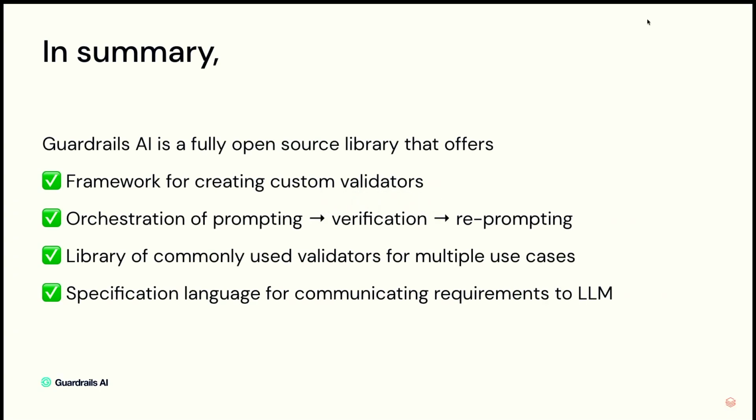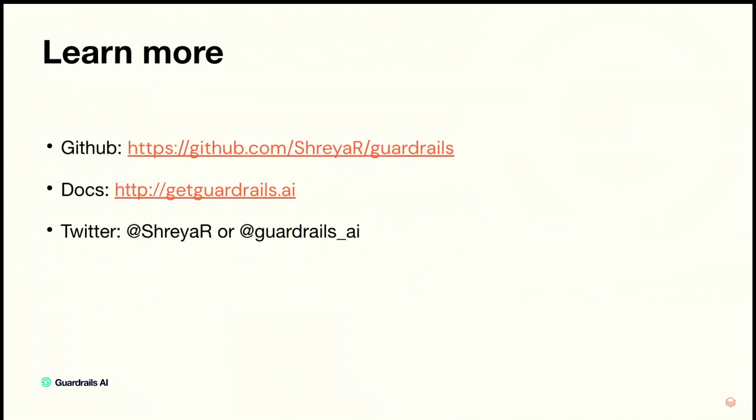All right, getting back to my slide deck. In summary, Guardrails AI, fully open source library that is a framework for creating custom validators, the whole orchestration workflow of prompting, verification, reprompting, many commonly used validators across multiple use cases implemented for you, and a specification language for communicating requirements to LLMs. To follow along, you can check out the GitHub package at